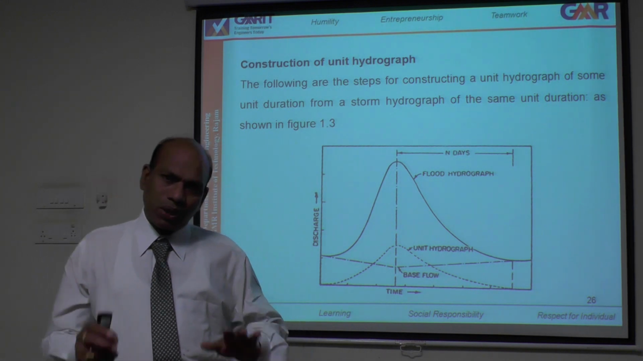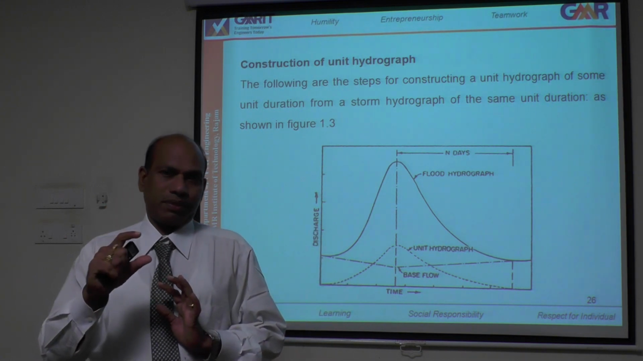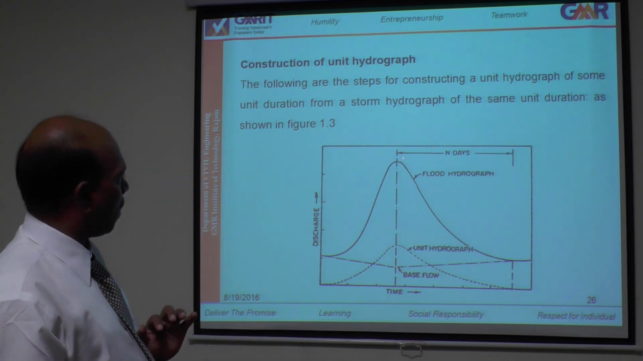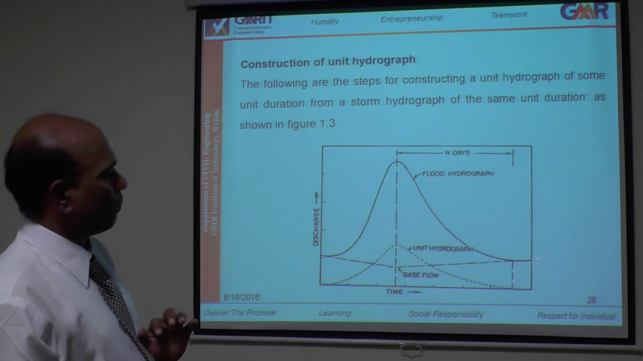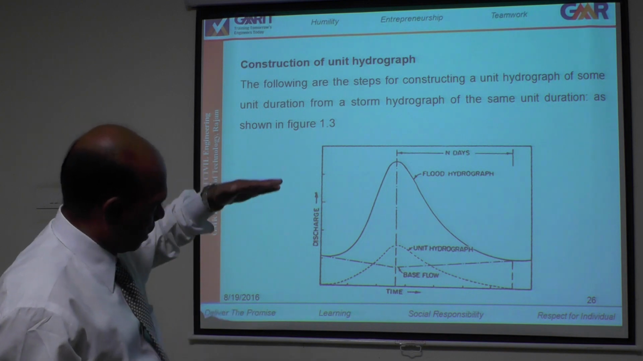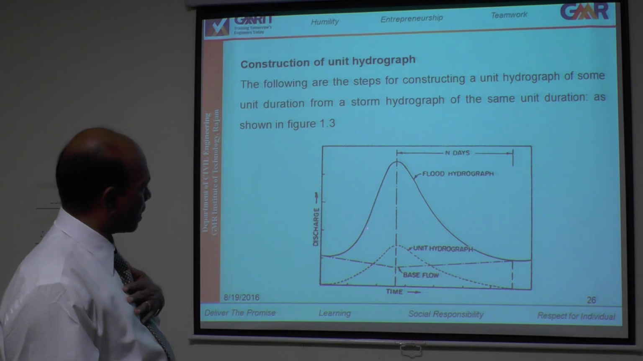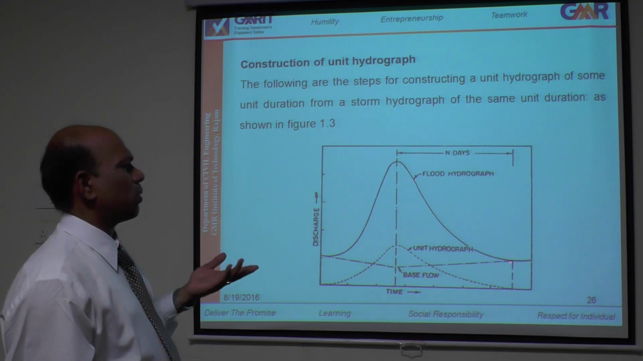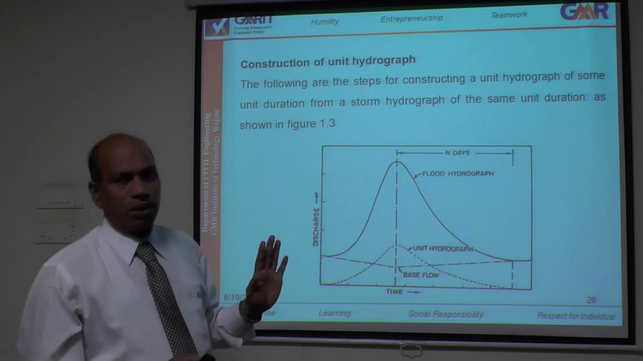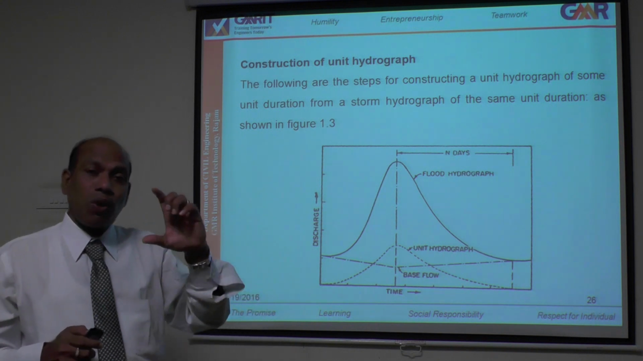I told you unit hydrograph is also a hydrograph, but it represents 1 centimeter rainfall depth. Right here, once you see the diagram, this is the flood hydrograph. So suppose this is the baseline. Below the baseline is the groundwater flow. Just above the baseline is the direct runoff hydrograph, simply known as direct runoff hydrograph or runoff hydrograph, or flood hydrograph, right? Unit hydrograph means it represents 1 centimeter